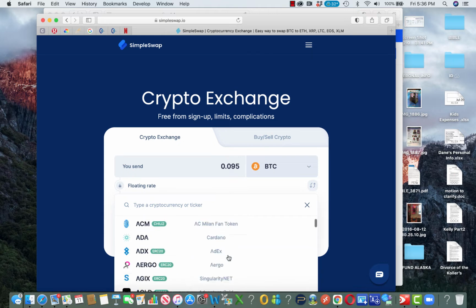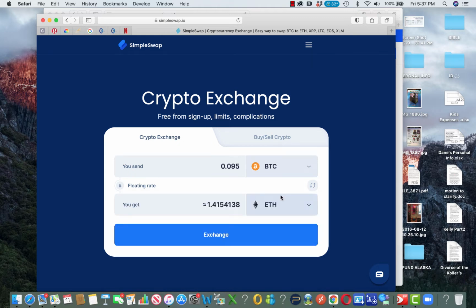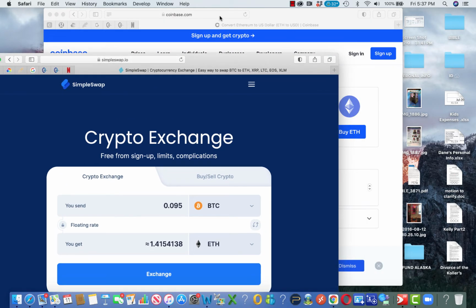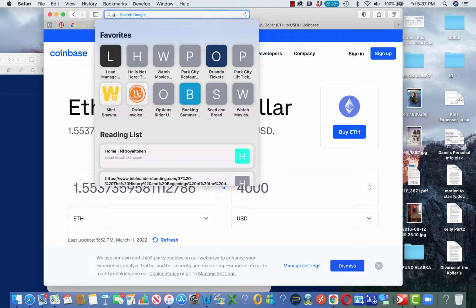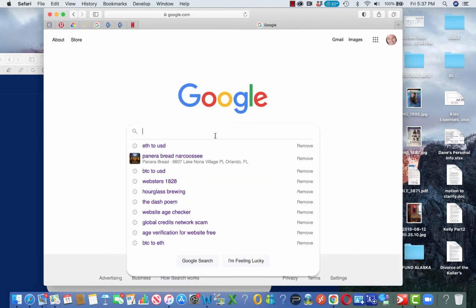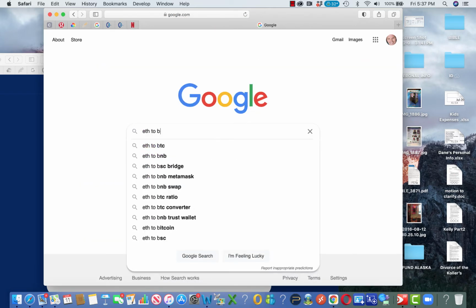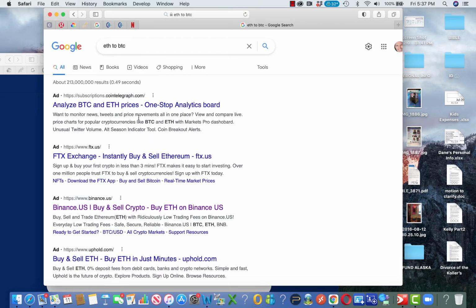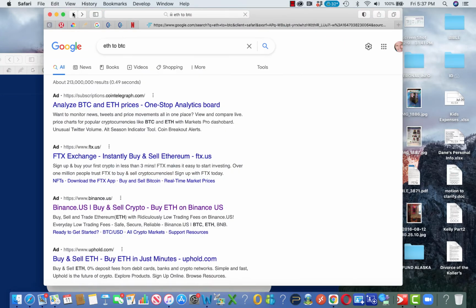You can just type in what you need and figure out exactly how much you need. And there's a simple way of doing it. You can go to Google and type in Ethereum to Bitcoin if that's what you want, and it will give you a ratio. And you can just click on one of these, and it will give you like an analogy. Let's see, not that one, but you can